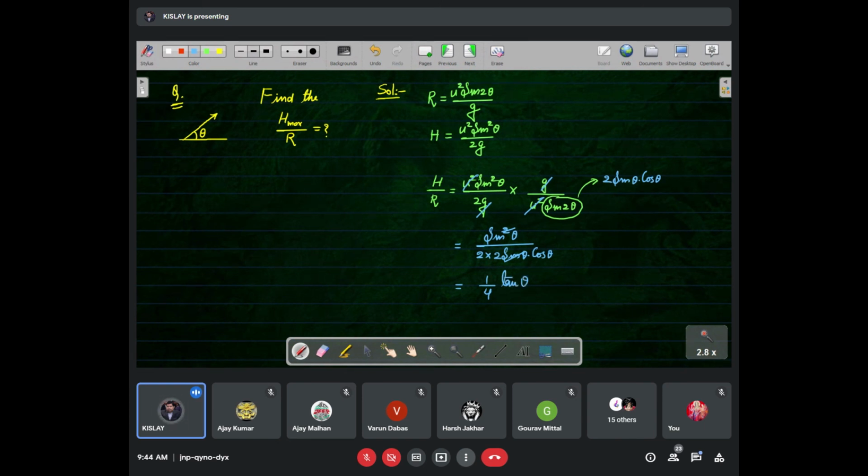It is a very interesting result, and so many questions are asked. You can solve many questions very easily by using this concept. मतलब क्या हुआ कि H and R का एक रेशियो होगा